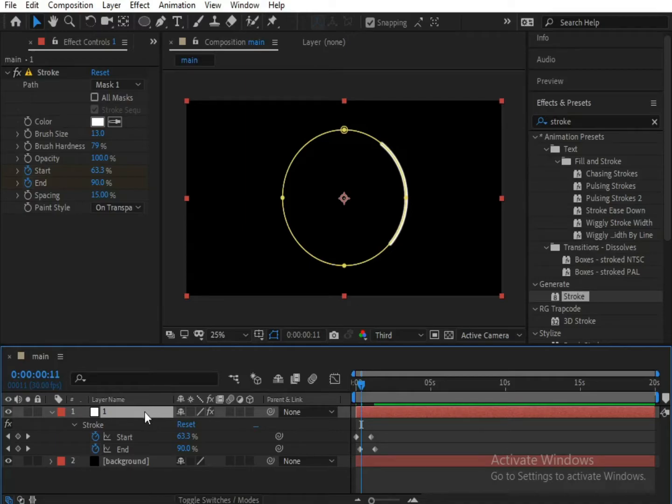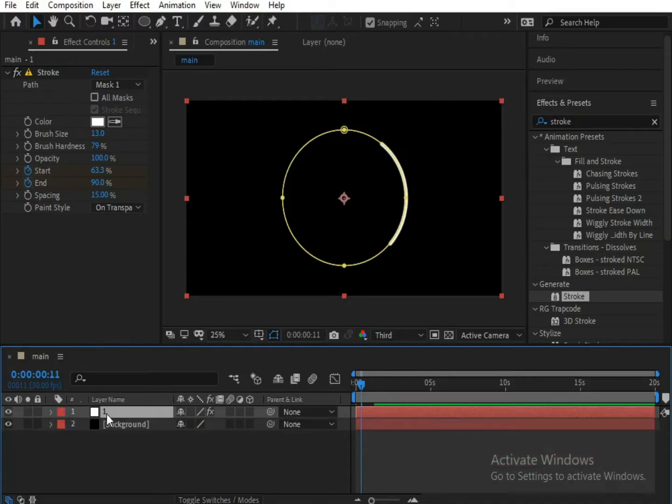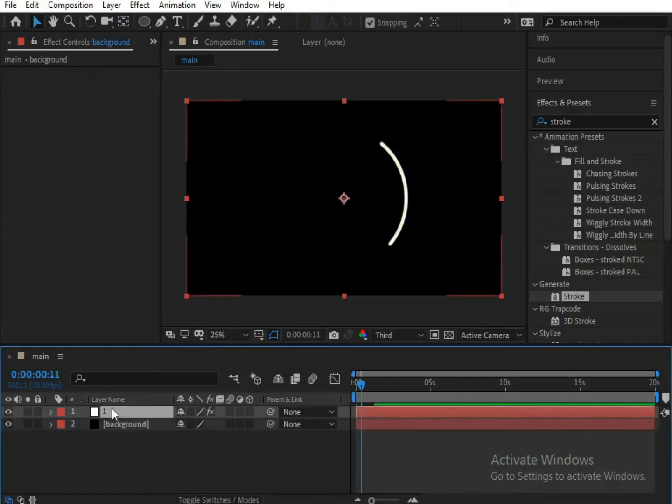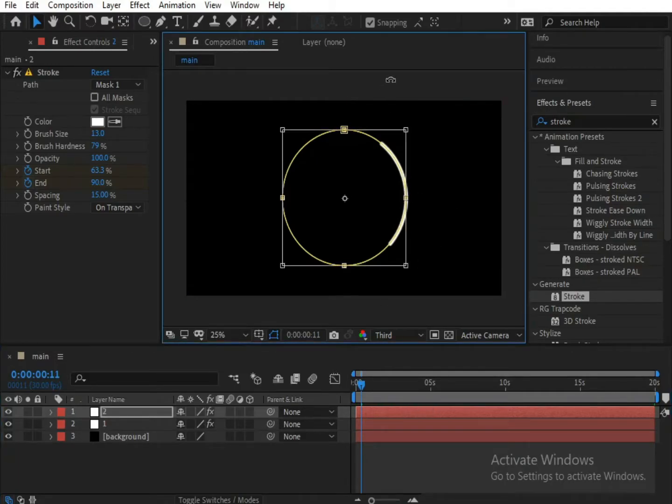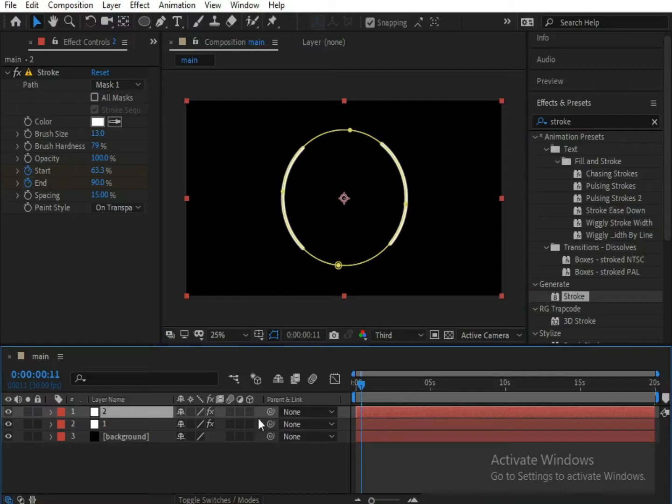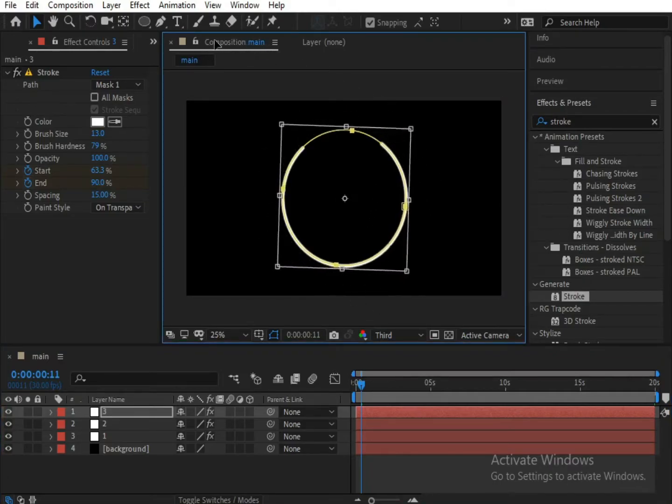Now press Ctrl D to make a duplicate. The copy has been generated. Now double click on it and just rotate it. Now I'm making another copy by pressing Ctrl D. Select the third layer, again rotate it,